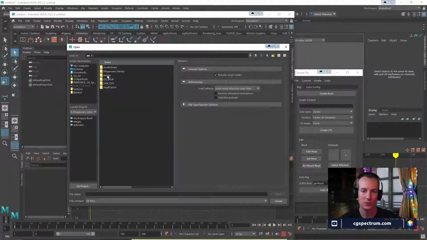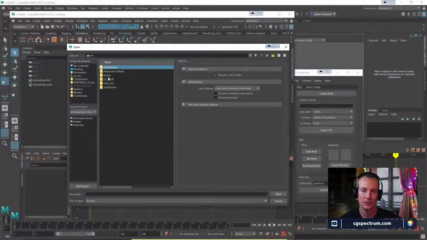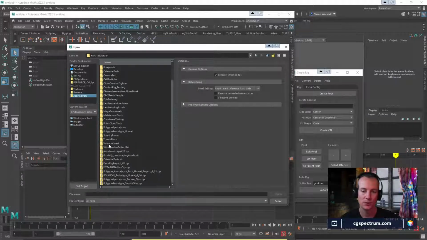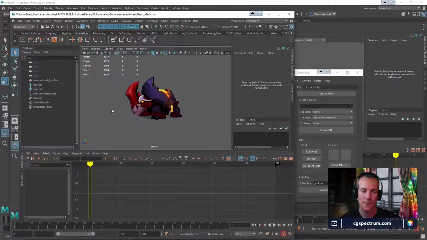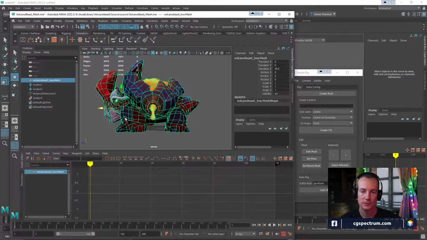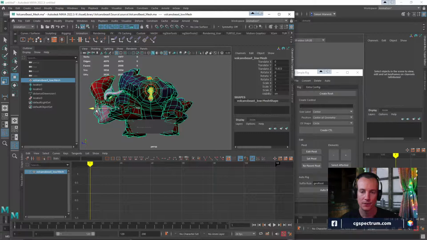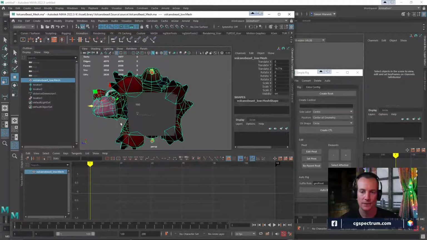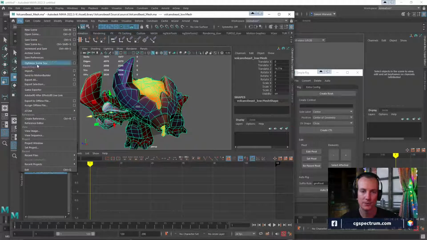I want to go to asset library. In fact, I want asset library to be here. Future. And I'm just going to open up the mesh file. And I'm going to move the mesh file so that we are in the middle, like this. Okay. And then we save,